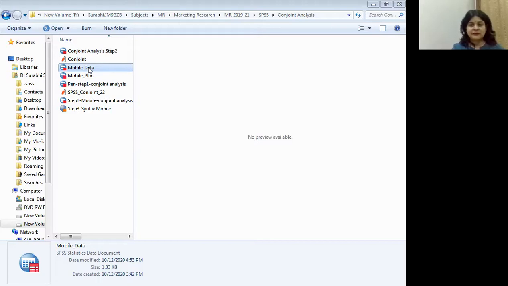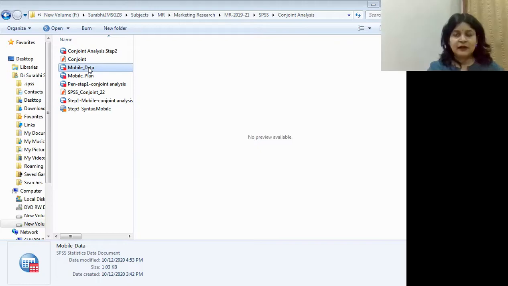I hope this is visible to you. If you see this data, you can very well understand how the customers really prefer some of the combinations. So now we want to analyze which combination was actually the best combination. So how can we do it? We can make use of conjoint plan. What we do in the conjoint plan, we can move to new, and then we can open a syntax window. So this is a programming window which got opened.